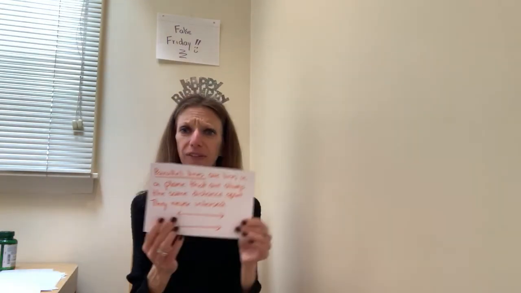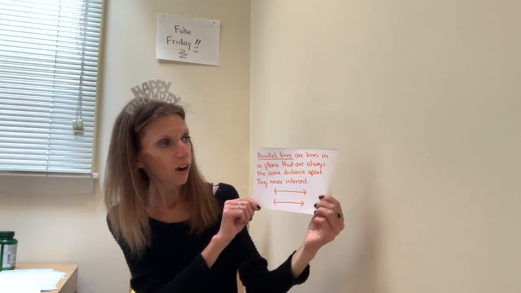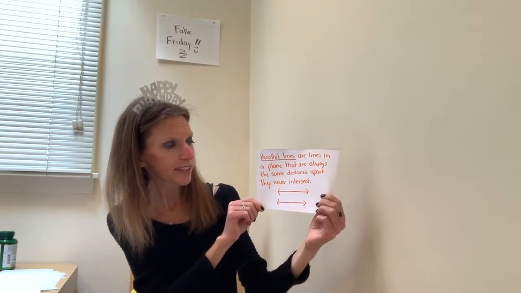Oh, I forgot about this one. I'm sorry, guys. Parallel lines are lines in a plane that always are the same distance apart. They never intersect. Remember, train tracks or touchdown are goalposts. All right, so it is